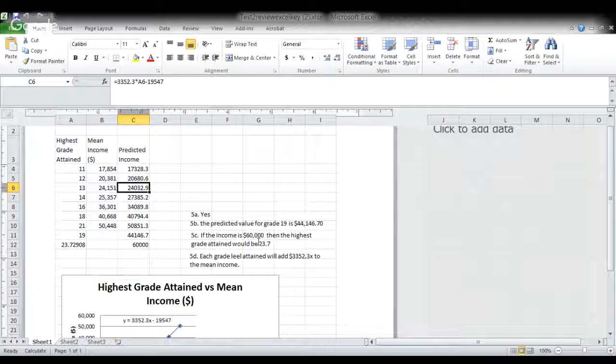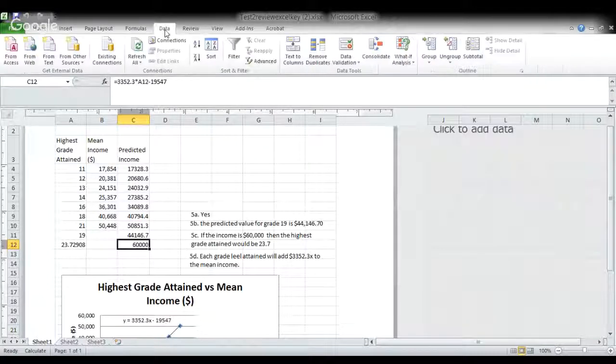So this time you've got to use something called goal seek, right? So you would go in here, you'd pull down, you'd have to have the formula in there. You go in here, you go to data. You've got to do this on the test because you can calculate it by hand, but I'm not going to accept that. So then you're going to go to what if analysis because you're learning to use this, and you're going to go to goal seek. When you go to goal seek, it knows that you're wanting to predict this value here. Your to value is that 60,000. So you put in your 60,000,